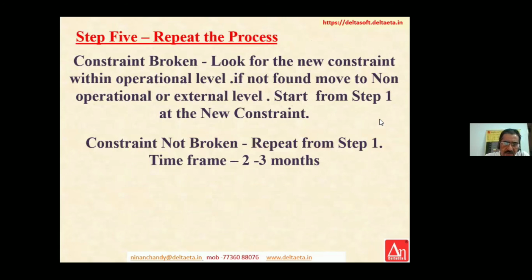As I said earlier, maybe it was in the production line. From production, you found that design is your constraint. So design department was set right. Then you found that the sales department was your constraint. You set right the sales department. And now you find that the market actually is low. You have a capacity for 2 lakh pieces, but you are able to get orders for only 1,30,000. And the market is only about 2 lakhs. Your competitors are eating 60, 70. So you cannot avoid the competitor. So it means that the market is now the issue. So you look for new markets outside that area. So this is how you break down the constraints. So you eliminate the constraints using the 5 steps.